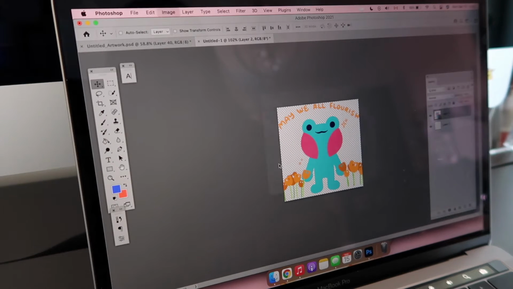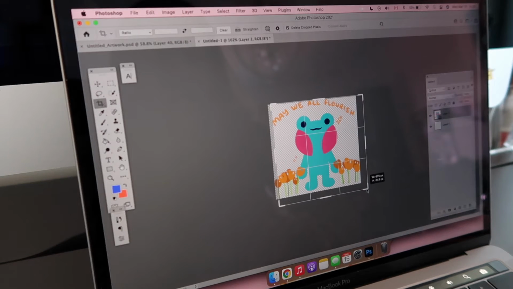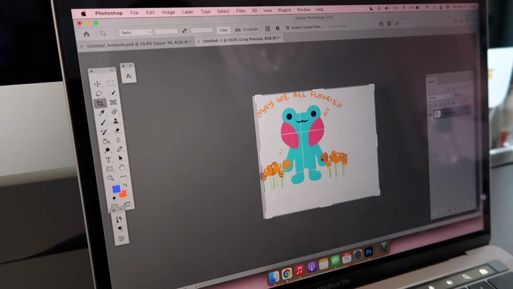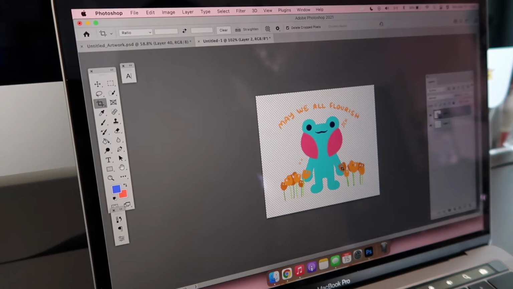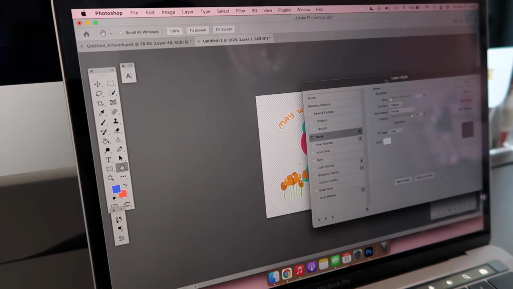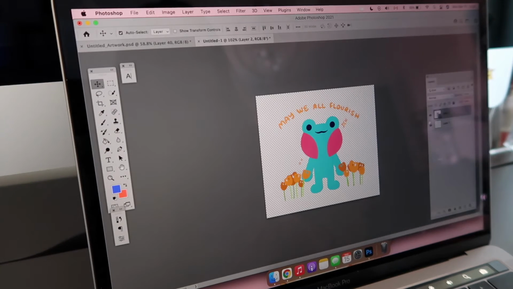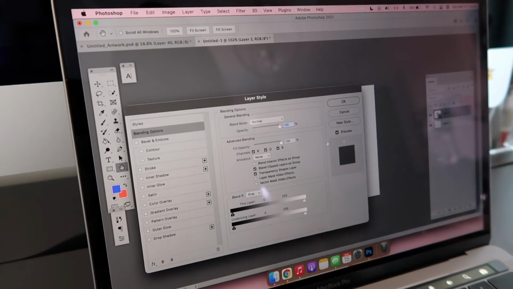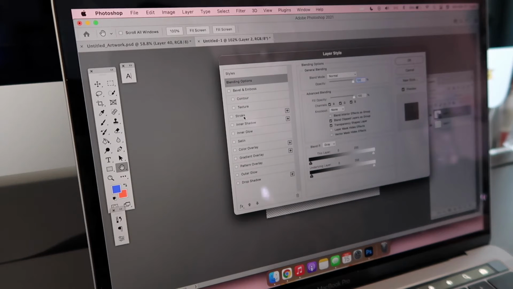So I'm just gonna make the canvas a little bit bigger. And then I want there to be the purple background against this. So I'm going to try something first to see if it works. I'm going to make a stroke around it. So I just double click the layer, and then the layer style opens up. You go to stroke,